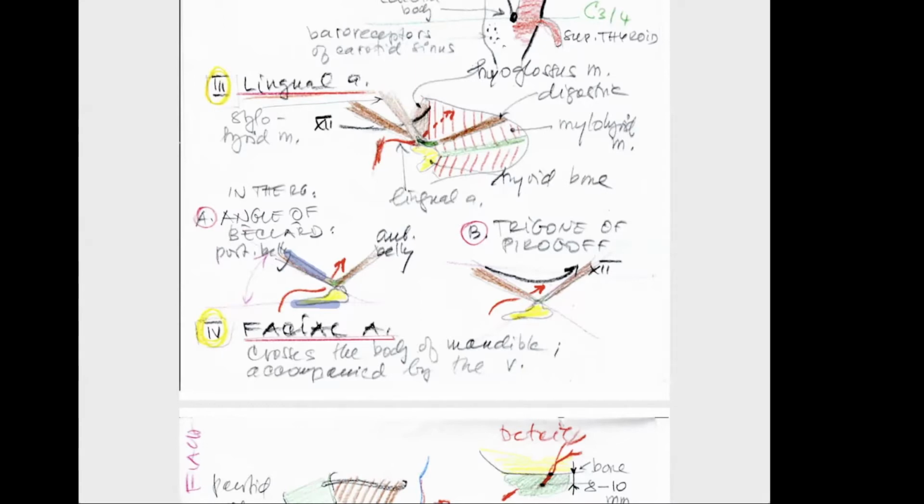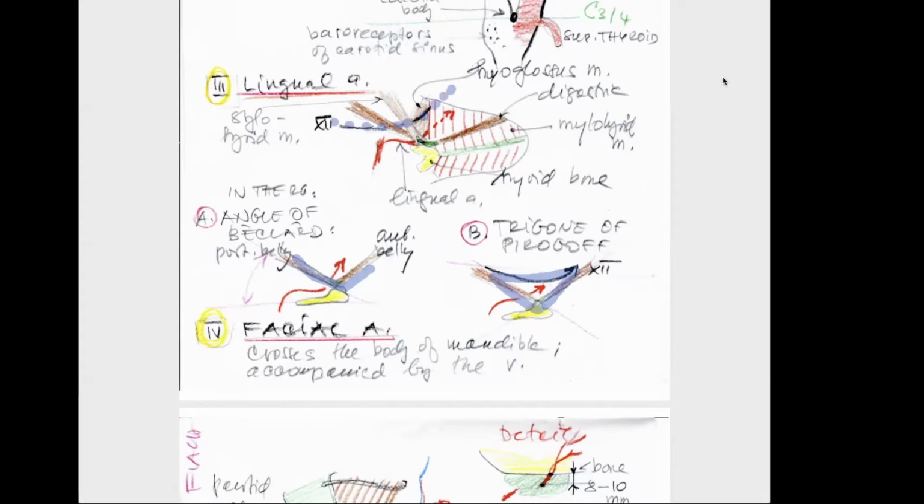Discussing the anterior belly just for better orientation in the area. And here you see that the artery passes into the Beclard's angle. Better is to say that the posterior belly plus the stylohyoid form one arm of the angle of Beclard. The second one is the trigone, roughly the trigone of Pirogov, which is the same. We are above the hyoid bone, we are in the higher position. That means between the bellies of digastric plus, as you see also in the first drawing,